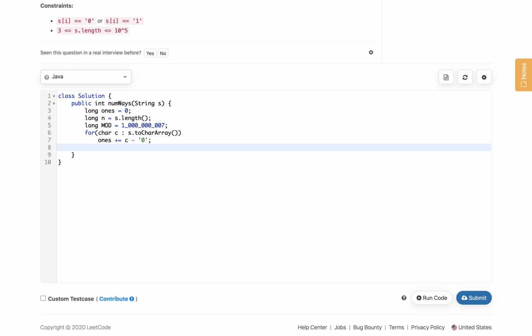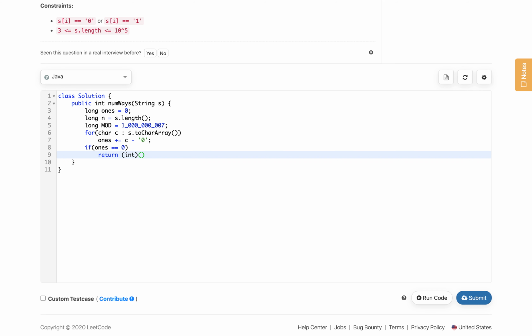So, we will count the ones like that. Now, we will check first if ones is 0. In that case we simply return the value. First of all we have to return an integer, so we will typecast to int, because we have everything in long here.